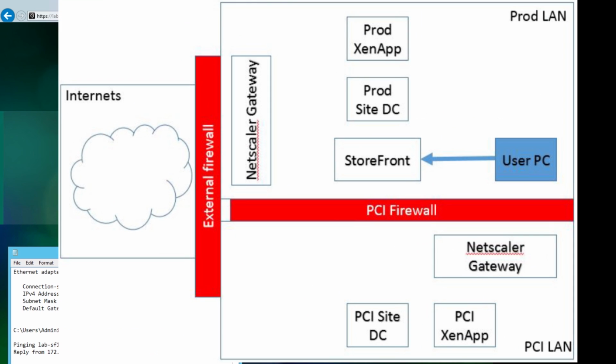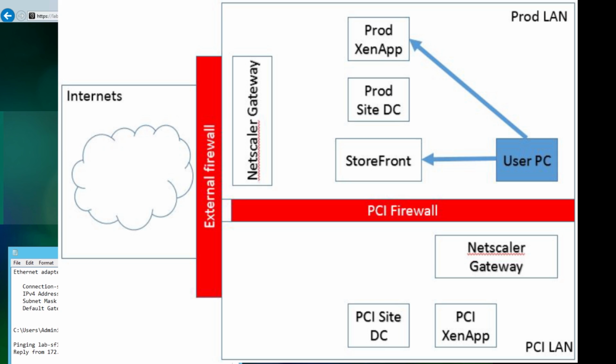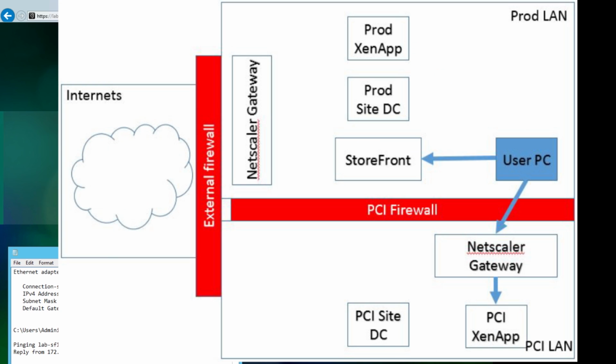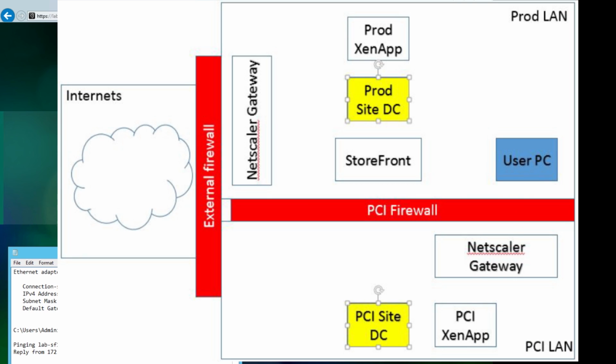single internal storefront, and that'll enumerate two distinct sites. And then we'll do a launch from a XenApp instance that's on the trusted production LAN, and then a XenApp launch from the PCI segment. And in doing so, I'll demonstrate how we can use that one storefront and route traffic through the gateway, but only for the PCI. So additionally, what you'll notice here is there is actually a site, a XenDesktop site or